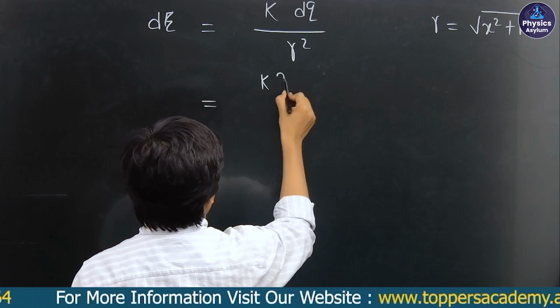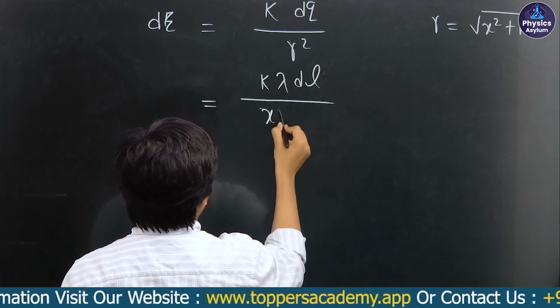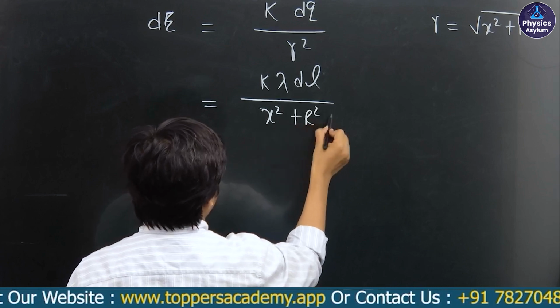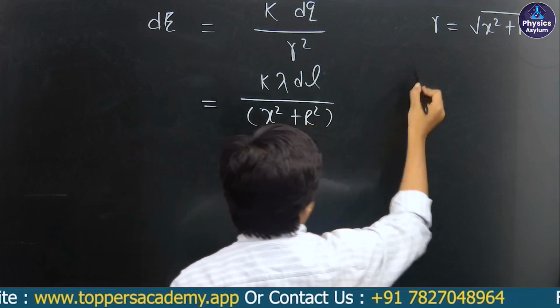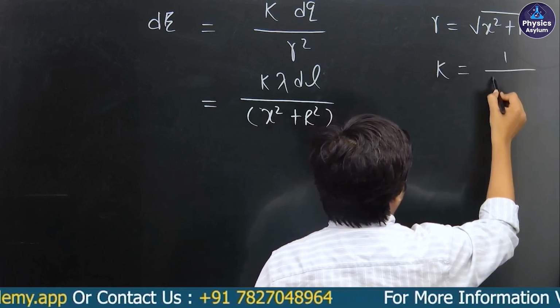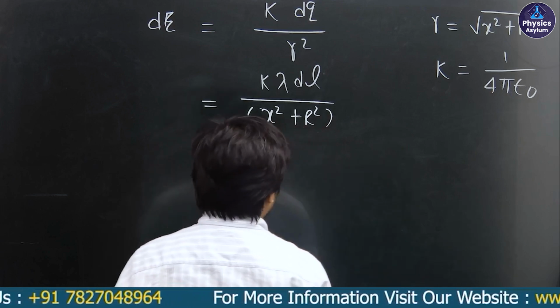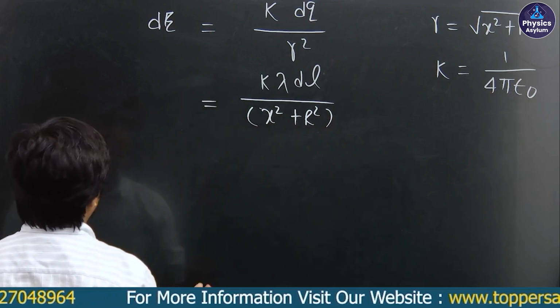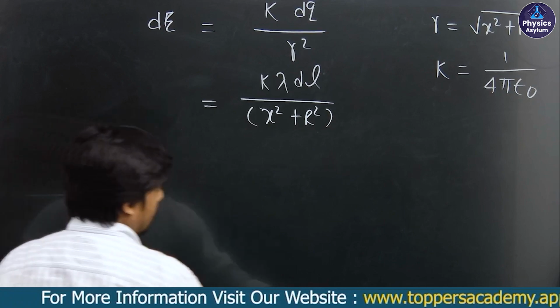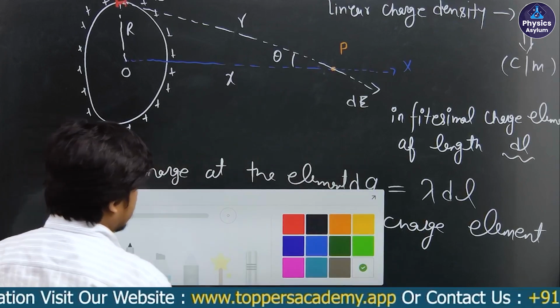dq is lambda dl, and r square will be equal to x square plus r square. We know that, and also this k will be equal to 1 over 4 pi epsilon naught, right? Okay, so from here I can write that. Now let me consider another charge element